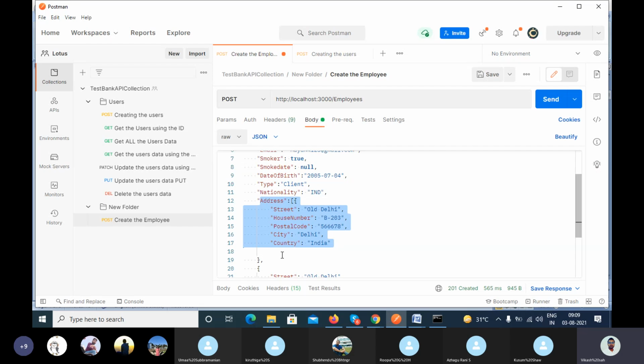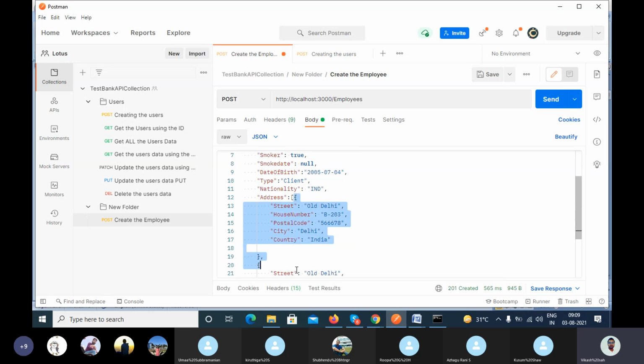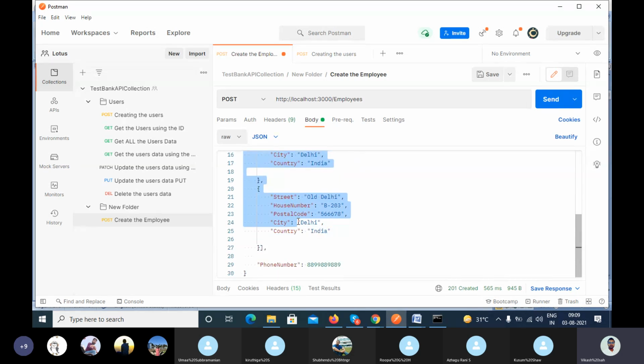So in the backend, all these things will be stored inside one array object. Okay, so that is the main purpose of using an array. If we have a different set of values for the same object, in that case we can use the array concept. Okay,